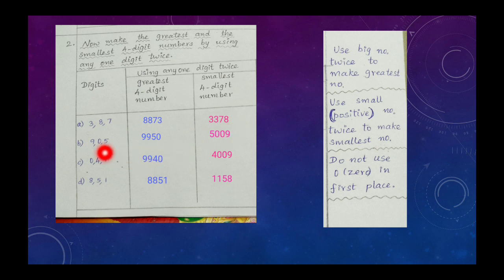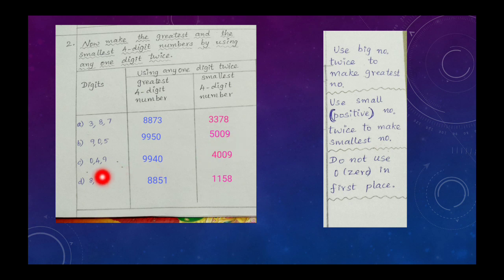Then smallest digit is 0, but you should not write 0 in first place. Okay, so write 0 in second place. As we have to use one digit twice, we can use smallest digit 2 times to get a smaller number. So write double zeros in the middle. Next smallest is 5. So 5 takes first place. Then 9 in the last place. So 5009 is the smallest 4-digit number. You should not write 5059 or 5099. They are obviously greater than 5009.